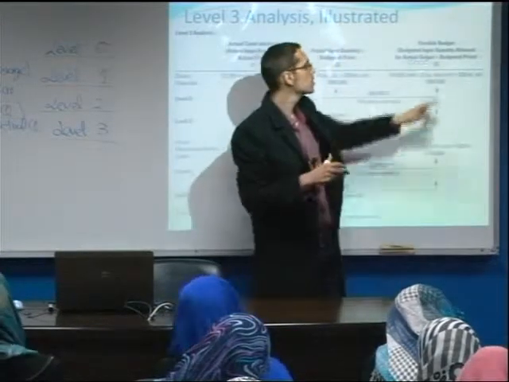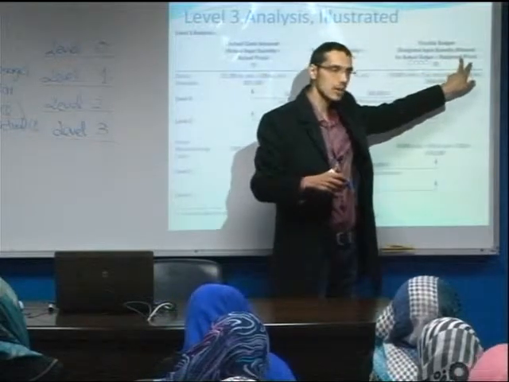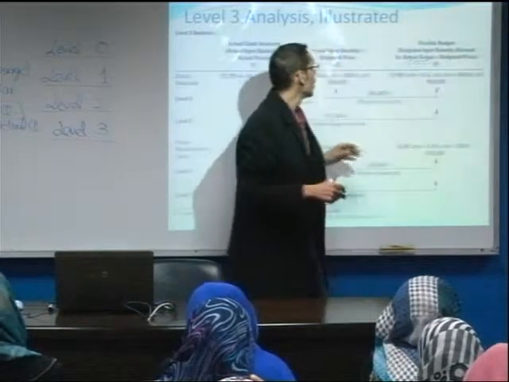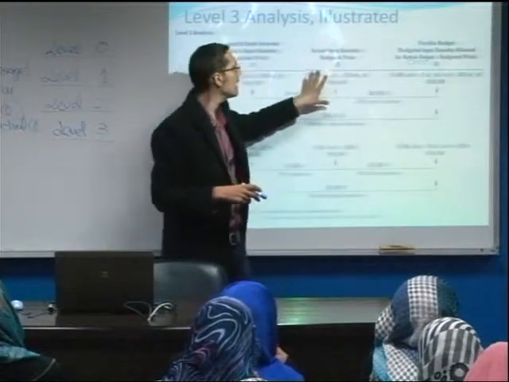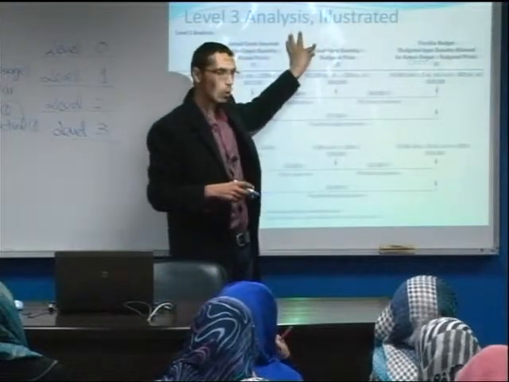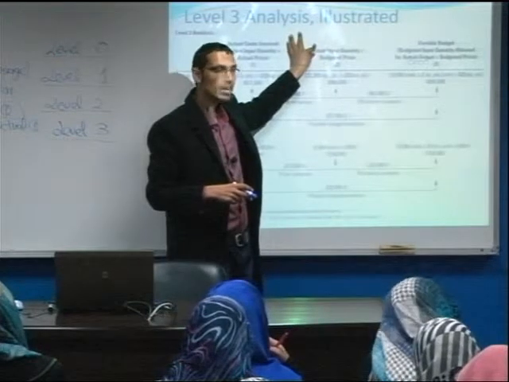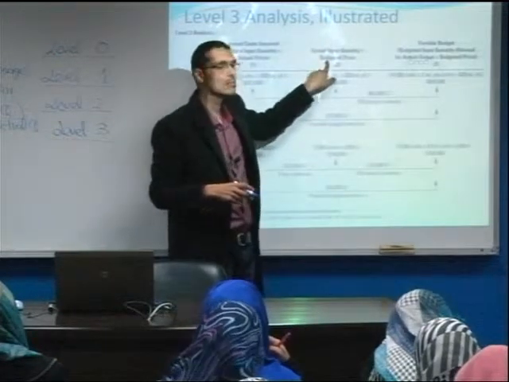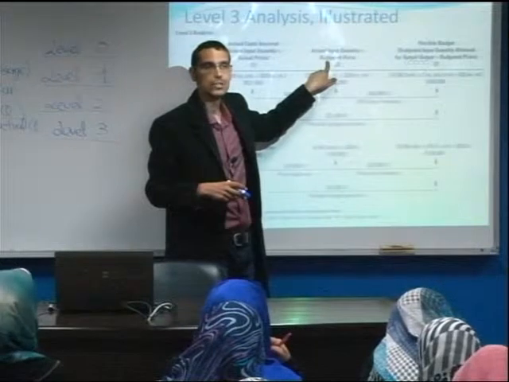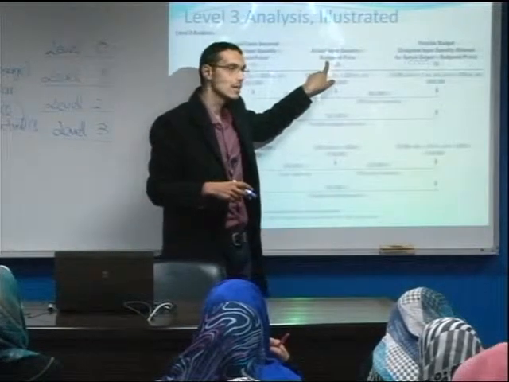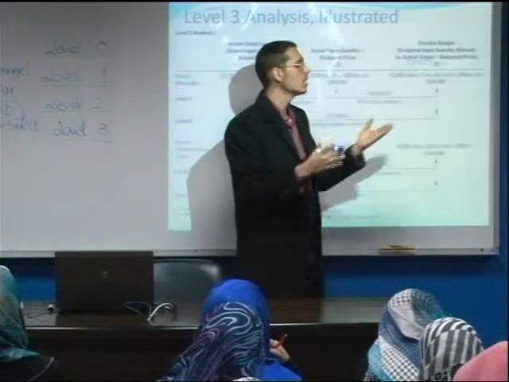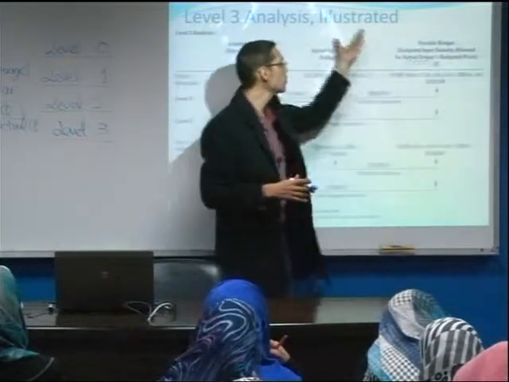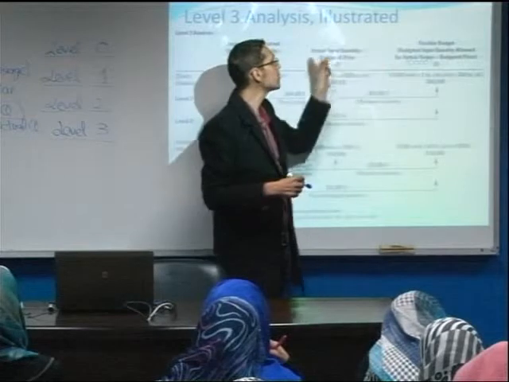Multiplied, of course, by the budgeted price. And of course, in between, the second column would be the actual input quantity, but multiplied by the budgeted price. So as we can see here, if we are going to compare column 3 with column 2, the only difference is